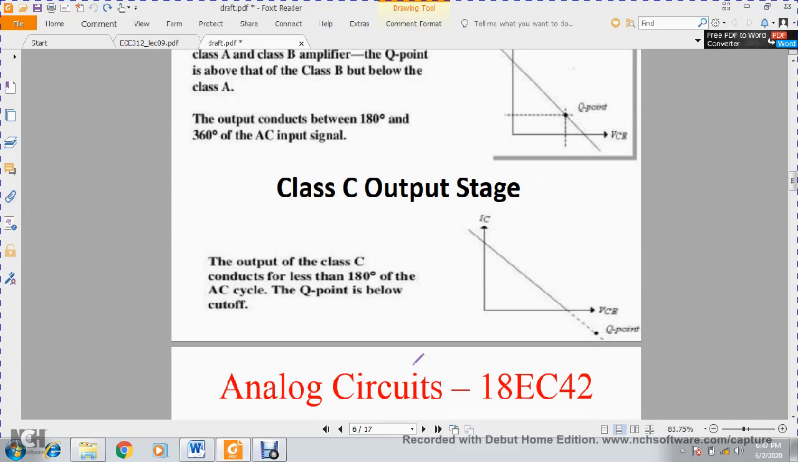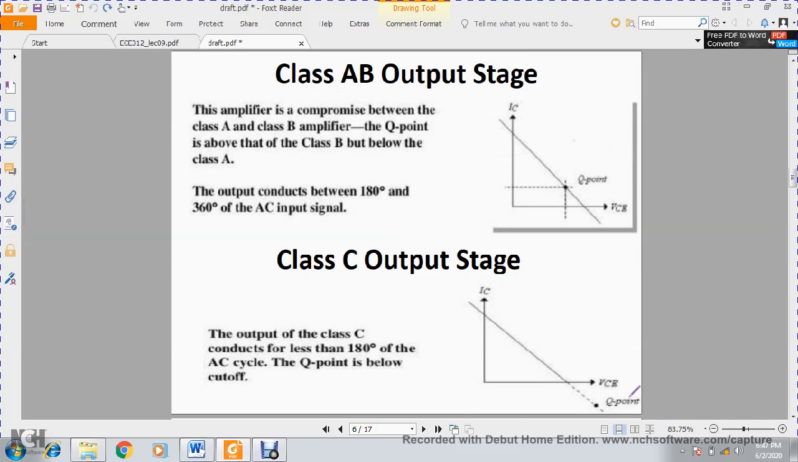Now class C, as we discussed earlier, see, it is below the cutoff. This is the cutoff point, and the Q point is placed below the cutoff, meaning you are going to put your transistor in a more off condition. You are going to bias the transistor so that it will be in the more off condition, so that you need more energy to turn it on initially. So in this scenario,